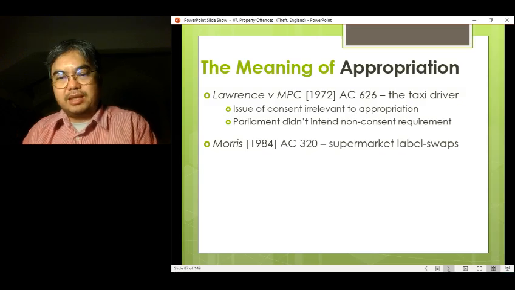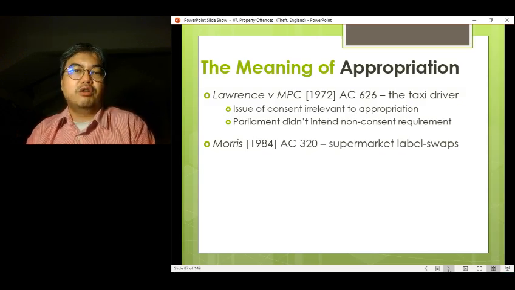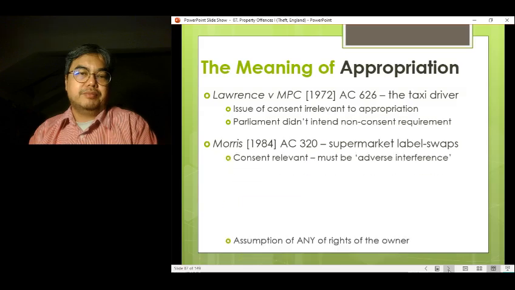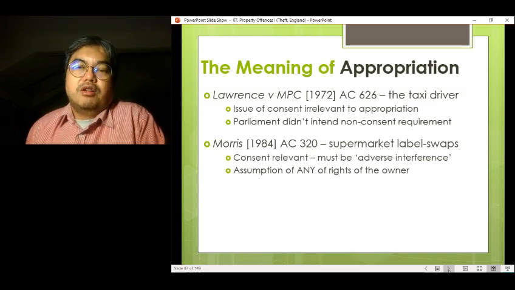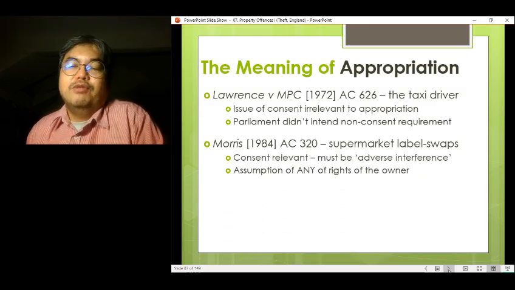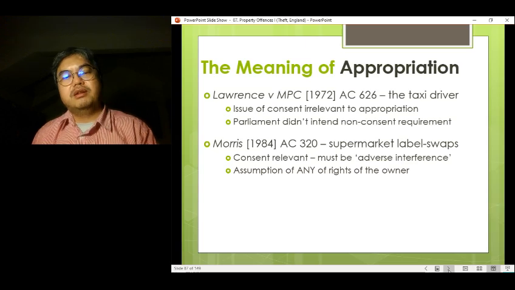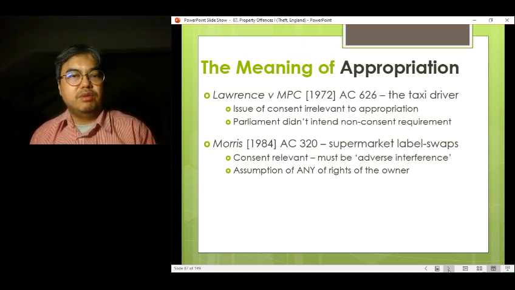So Morris said that yes, consent is important. Consent is relevant when talking about appropriation, right? The court said that there must be an adverse interference on the rights of the owner. So you need to see whether there was consent or not. Now, Morris also